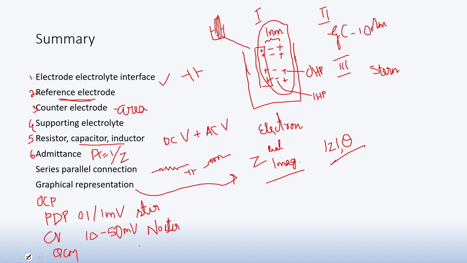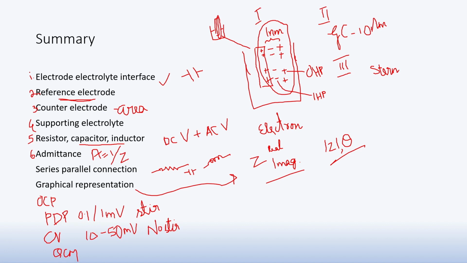So these are the topics that were covered in the first week. I hope this is clear to you. Now based on this, we'll clear a few problems related to this topic. I would discuss one problem. I'll give